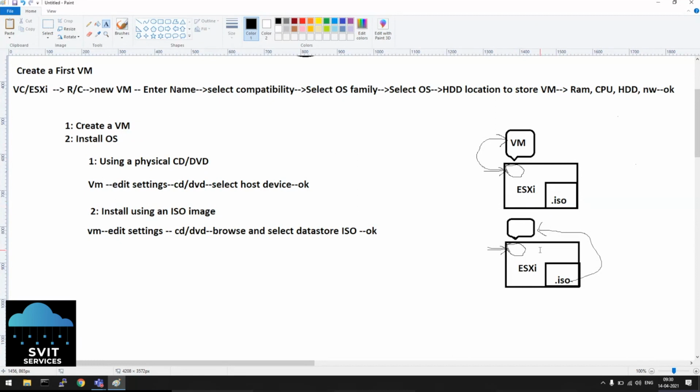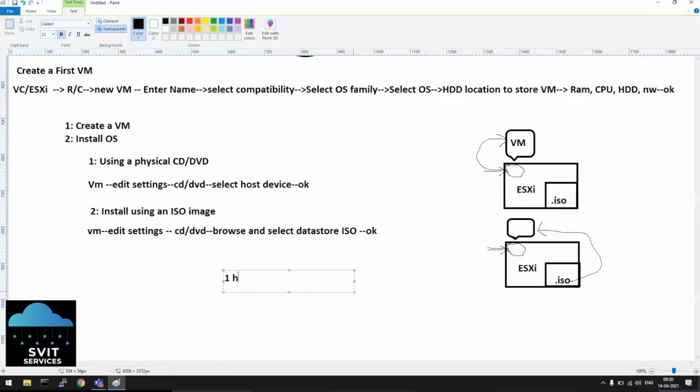Fine. But if you follow this method, it will take around 30 to 40 minutes to create a virtual machine. On an average, it was considered as 1 hour. But if I ask you to create some 20 virtual machines like this, it will take 20 hours, almost 3 business days. 3 days continuously you'll be doing. Even if you do parallelly, at least one day, one and a half days, you will be doing the same way again and again. Create a virtual machine, attach the ISO image, and then just power on, install the OS. It will be like this. You'll be doing again and again.